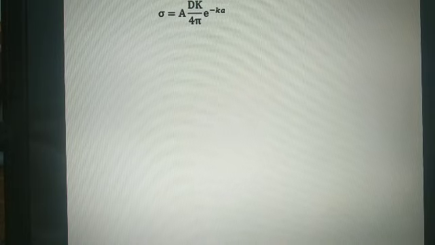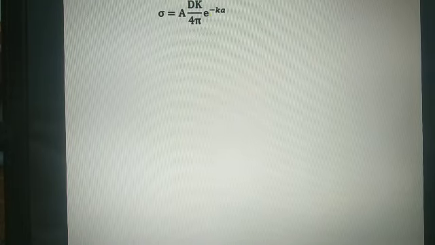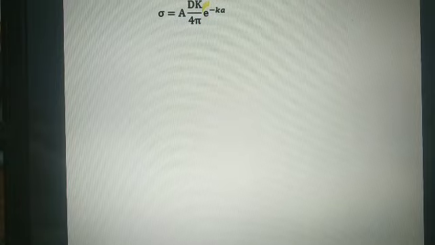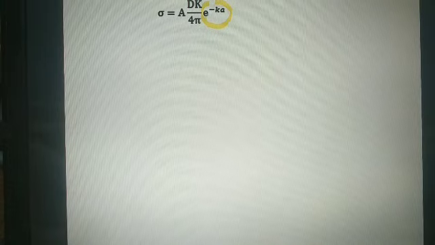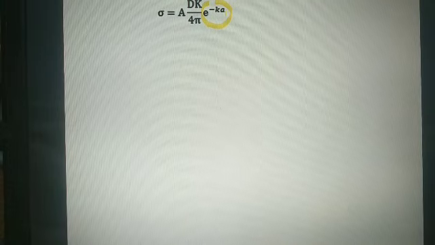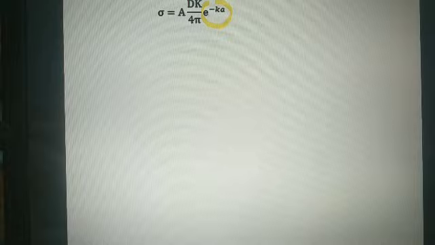If you integrate this, then in integration e raised power minus kx as it is आएगा, तो minus kx as it is आ गया. Divided by k आना है, तो k से k square कैंसिल हो जाएगा, k बचेगा. So it is a dk upon 4 pi e raised power minus kx. And when you will substitute the value, minus